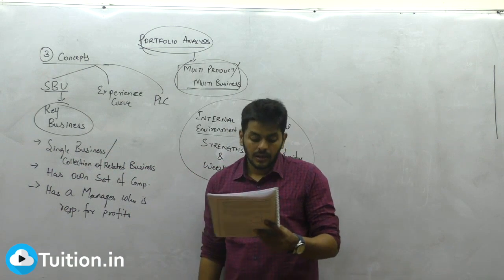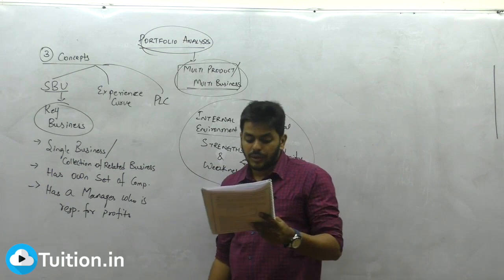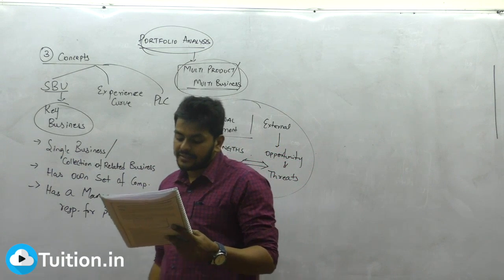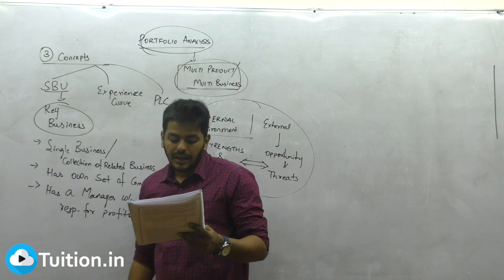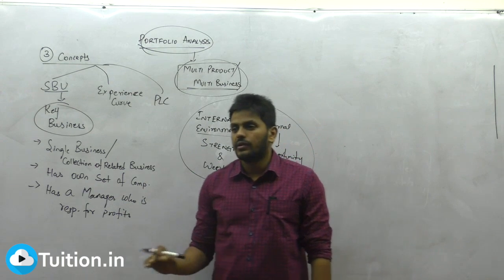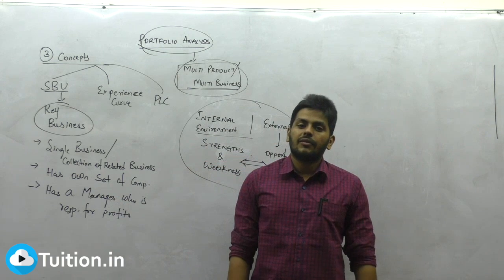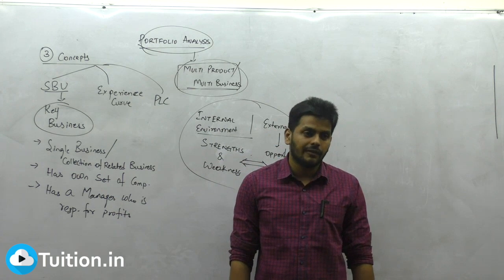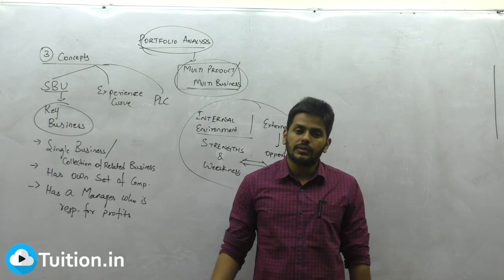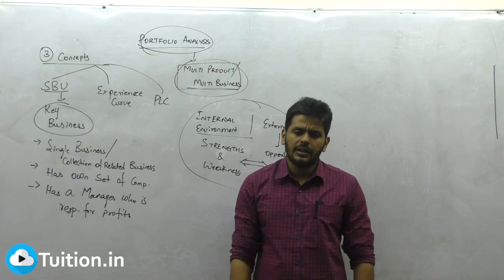Everybody catch up. After identifying the SBU, the businesses have to assess their respective attractiveness and decide how much support each SBU deserves. More or less, what is it all? Everybody, are you understanding or not? Good. I'm giving you a small task to read experience curve, because I believe you know this concept somewhere from costing, which relates to efficiency. Please catch up. It's not a very difficult thing.